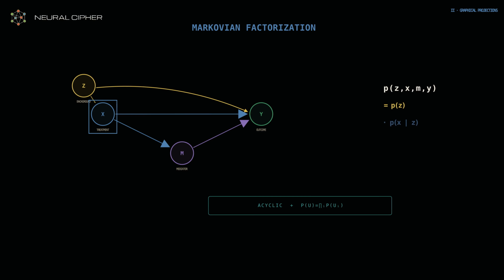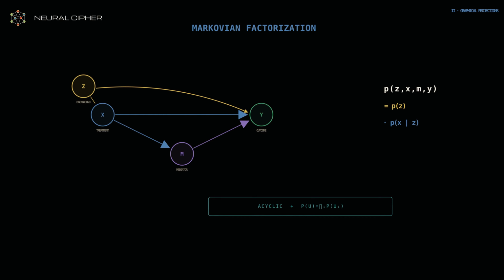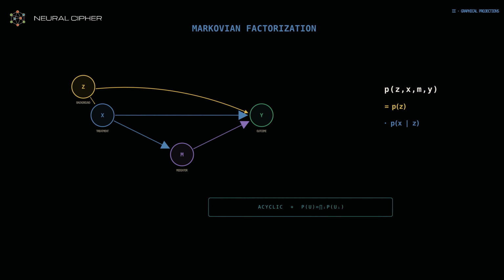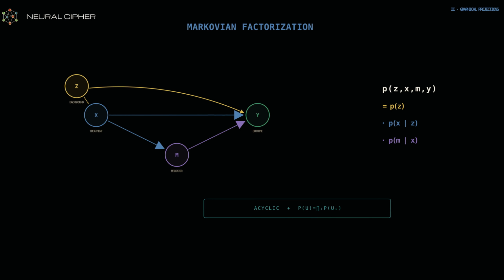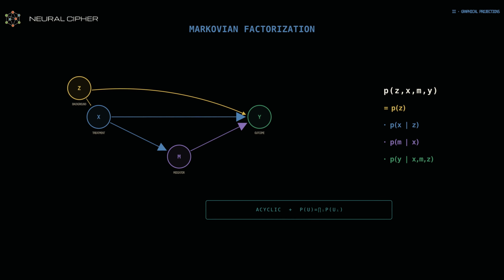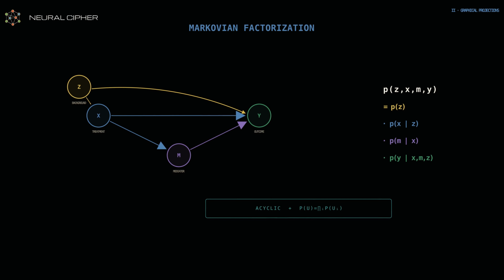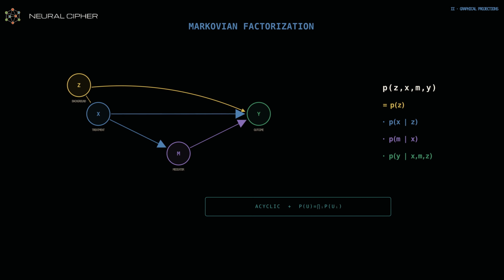In the specimen, this becomes P of z times P of x given z times P of m given x times P of y given x, m, and z. The factorization follows from the structural construction and exogenous independence. It is not a definition of causality, and the same observational factorization may be compatible with several Markov equivalent directed